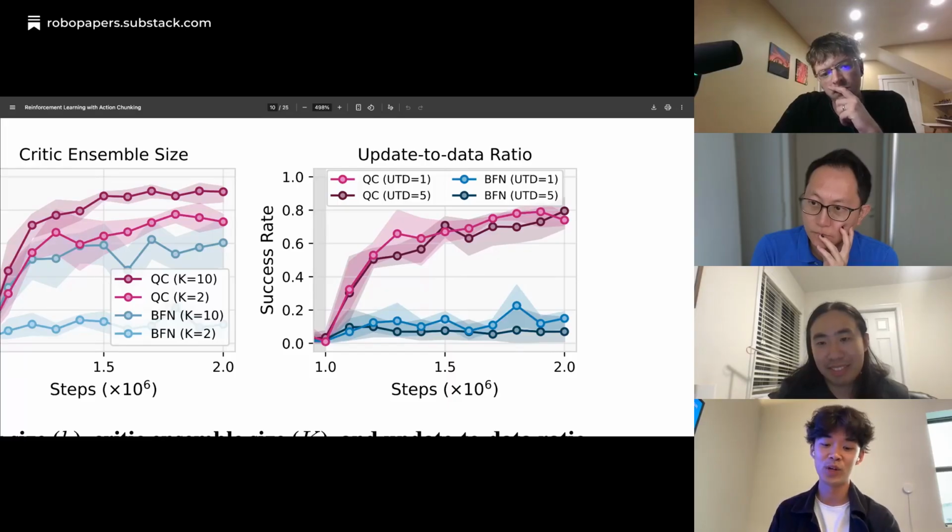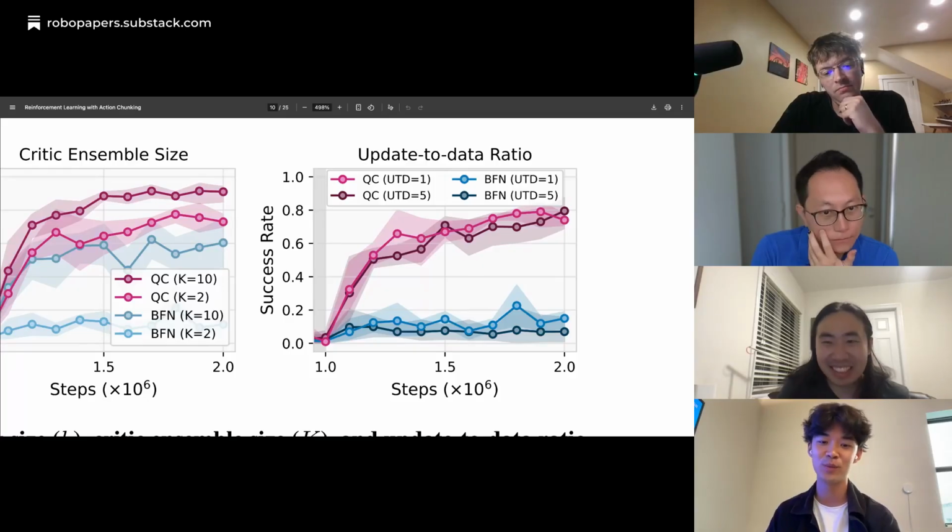One of the works at Berkeley that's about to come out in the coming weeks is exactly studying how you can tune these hyperparameters. How do you effectively select UTDs, batch sizes, and model size to really scale up and make reinforcement learning much more sample efficient? So there are a lot of interesting questions here that can really push the performance of these methods.